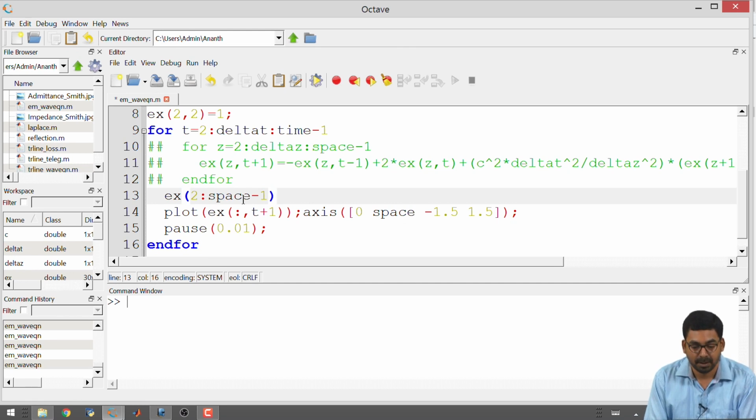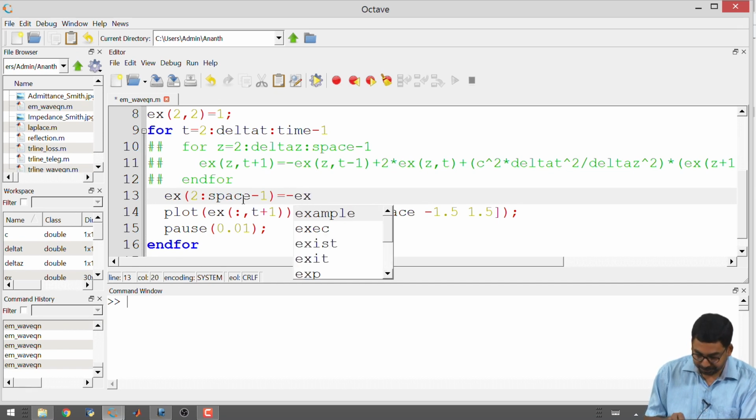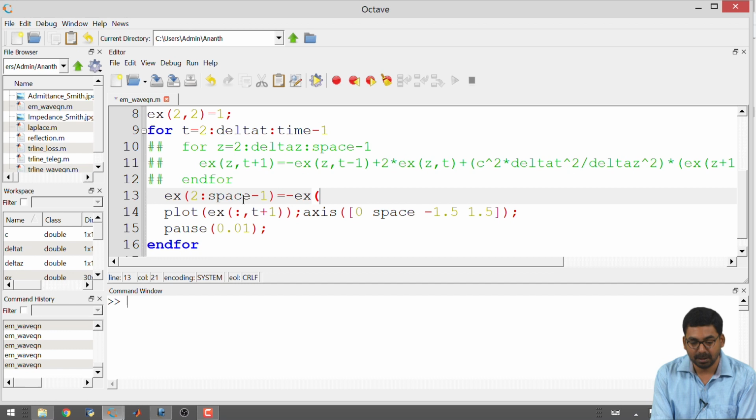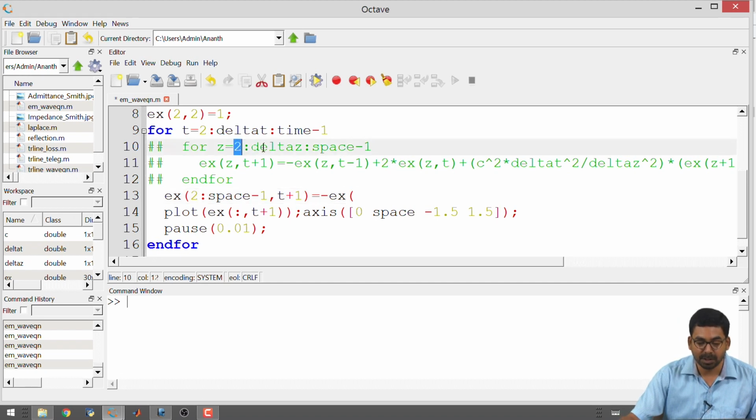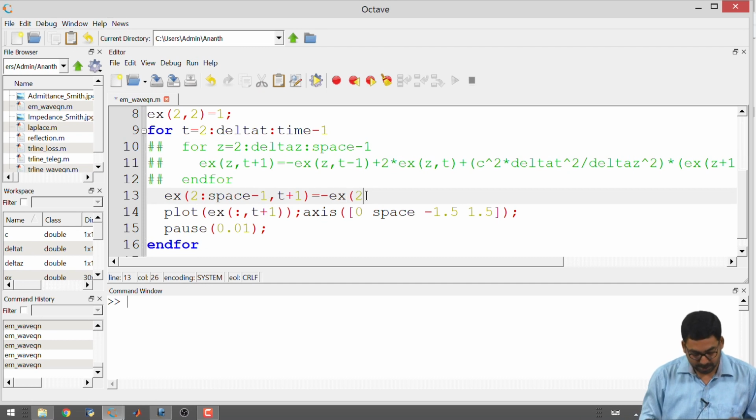okay, is equal to, on the right hand side I have minus Ex z comma, oh I missed the t plus 1, z. Once again instead of z I will substitute whatever is present in the definition of the for loop for z. So, I will just take this and plug it in over here.